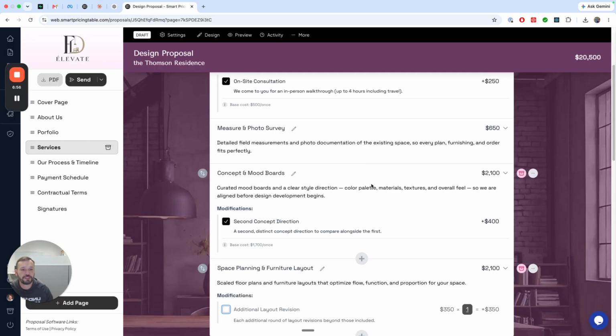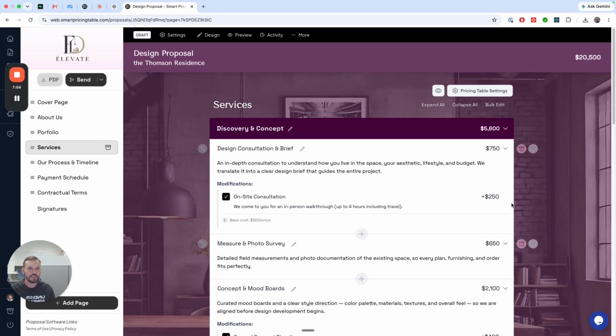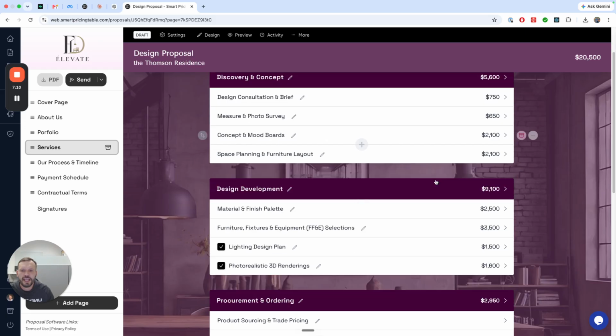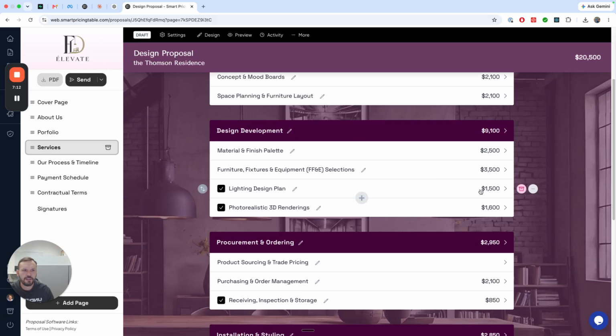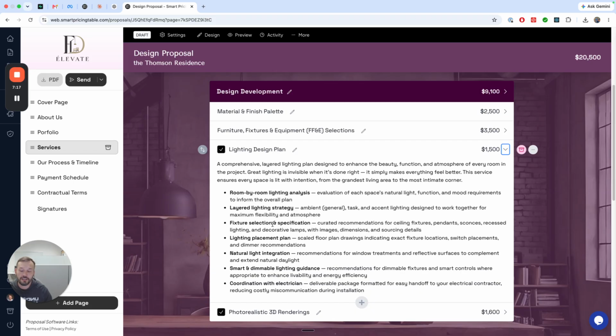By the way, I did find a little mistake there. It looks like this was causing it to be at $21,850. It's a modification, so that was a little bit different from what I was asking in my prompt. But there's our $20,500. All right, and then I push refresh. And I'll go back to lighting design plan. You can see it's at 1,500 right now, and it goes a lot more into detail on what's actually included